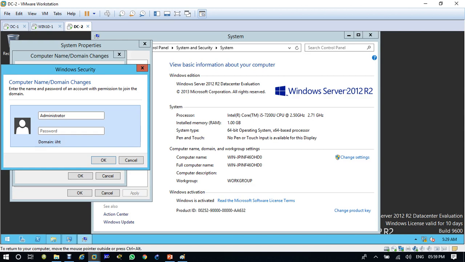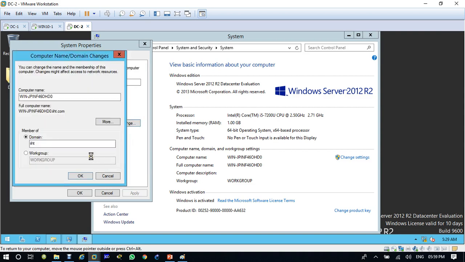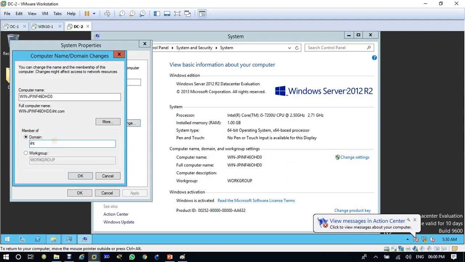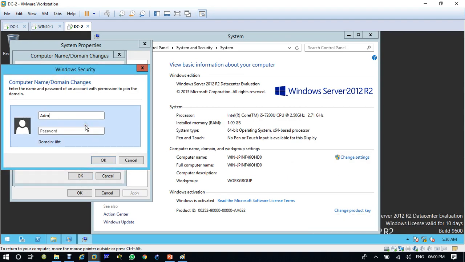Write the administrator username and password of DC1. Okay, I gave the wrong password.